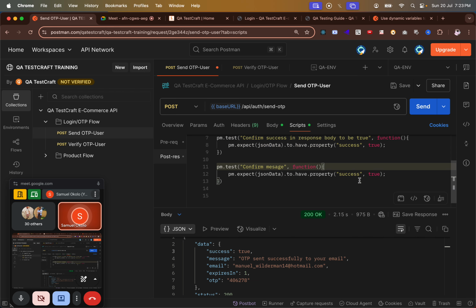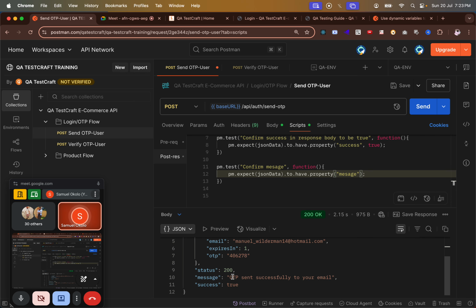I don't want to type so much again. Confirm to have property message. Now I'll remove this. Confirm property message. That's all I want, right? Now I'll put this message we have here as message. So I will now say